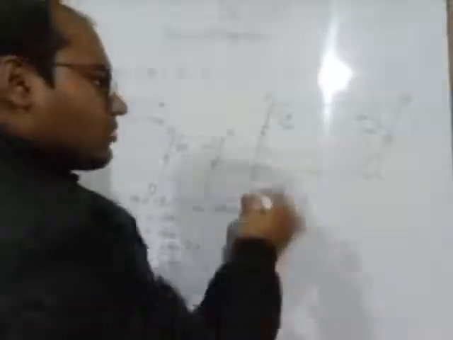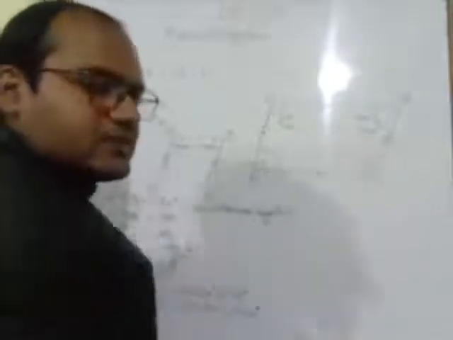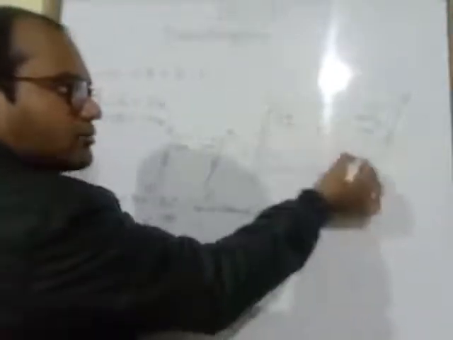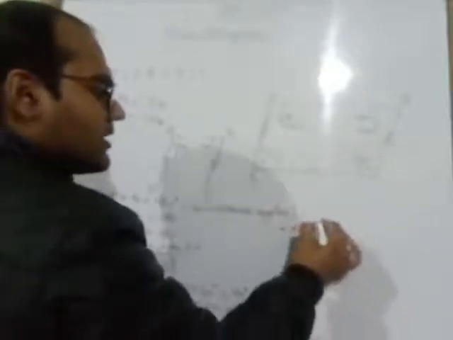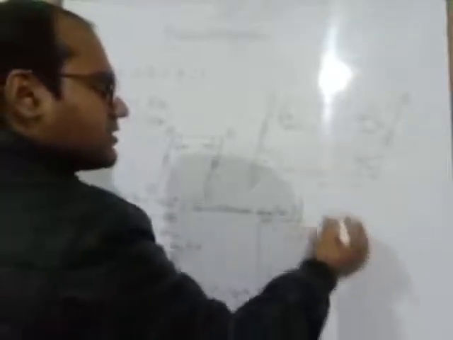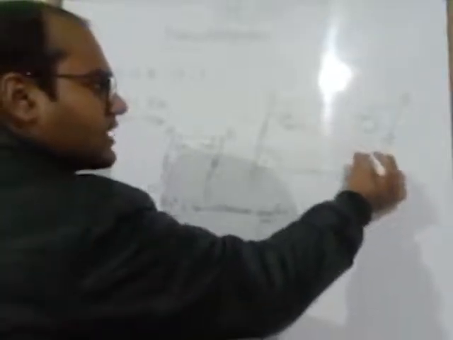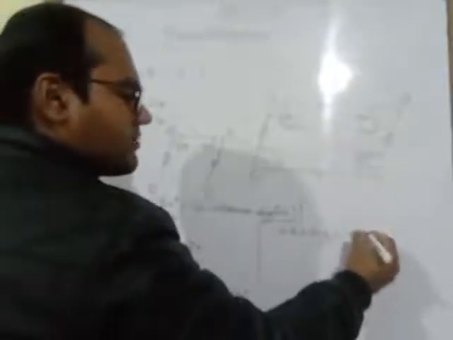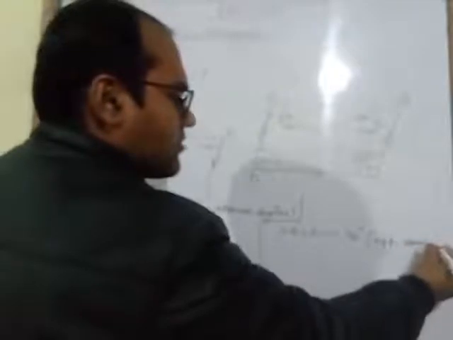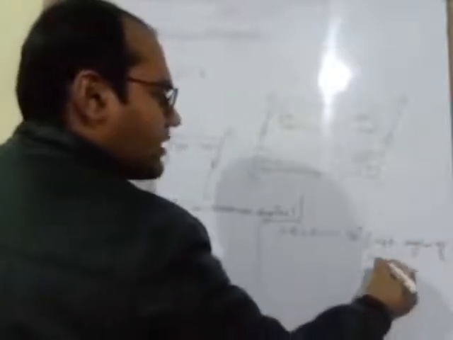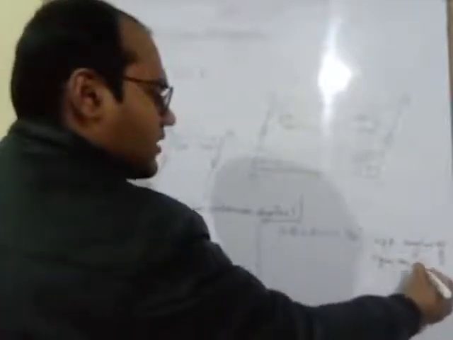Now we have to use another property of a parallelogram in order to find D as well as angle C. These two are opposite angles of a parallelogram. So the value of angle A will be equal to the value of angle C. Here it is 40 degree, so this angle will also be 40 degree because opposite angles of a parallelogram are equal.